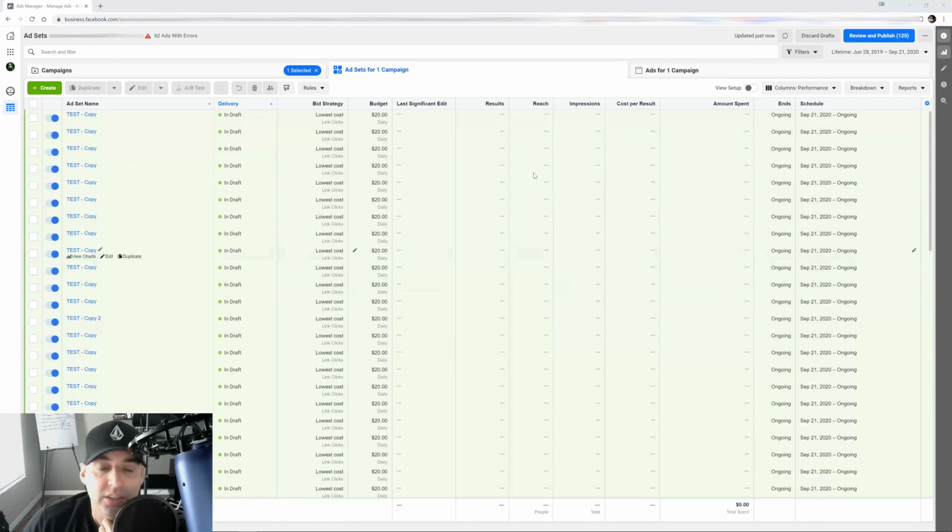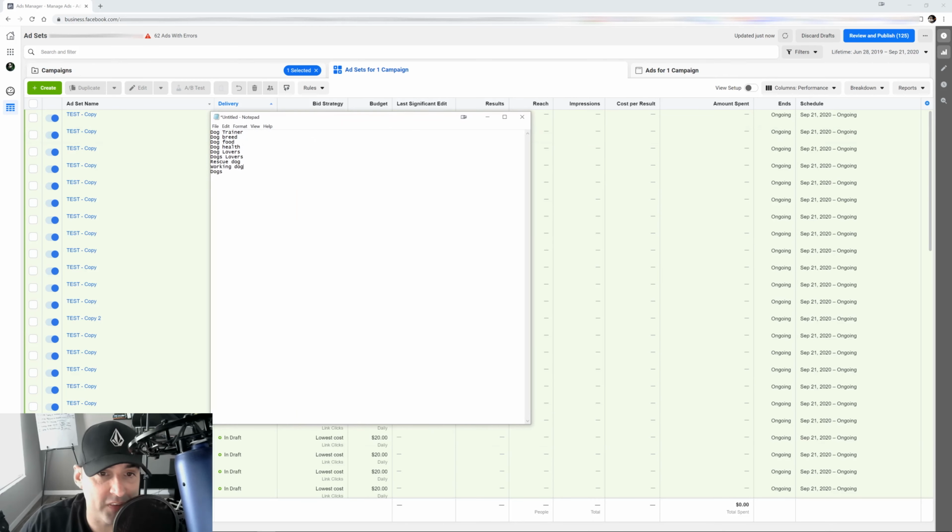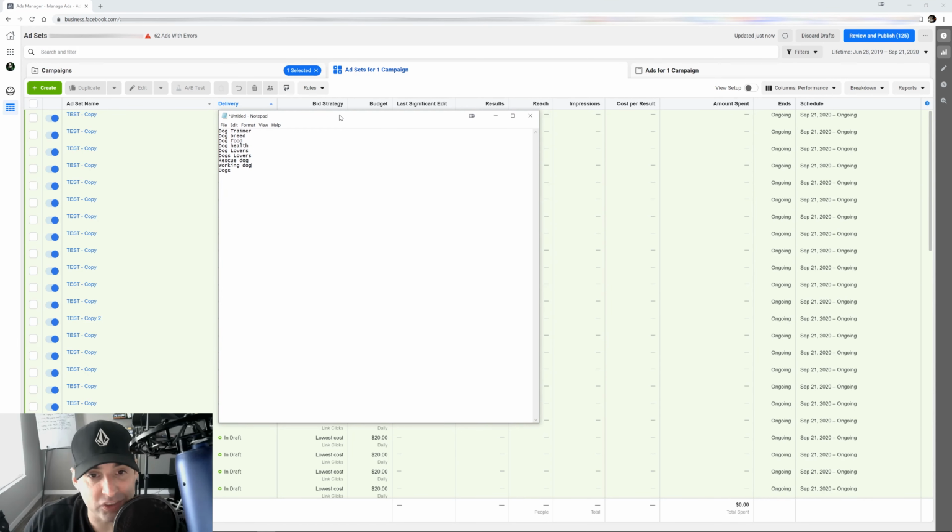conversions. So let's say you've been running your single set interest ad sets, and now you have interests that are converting and some that are not converting. So what I like to do from here is I open Notepad or Excel, whatever you like to use, and then I make notes of the ones that are converting. And what I do from the beginning, and this is very, very important, so you probably might want to use Excel, is I separate the winning interest based on the section of that